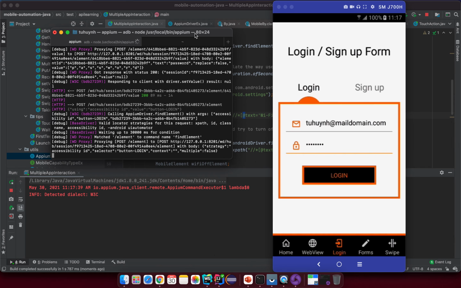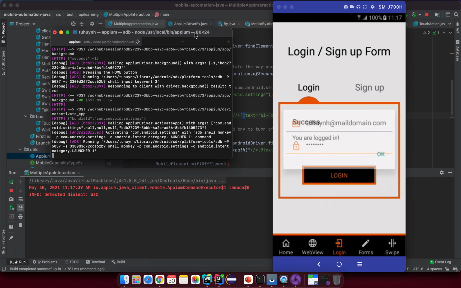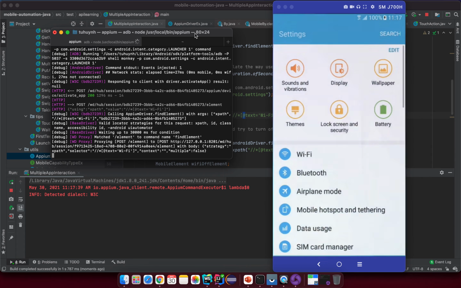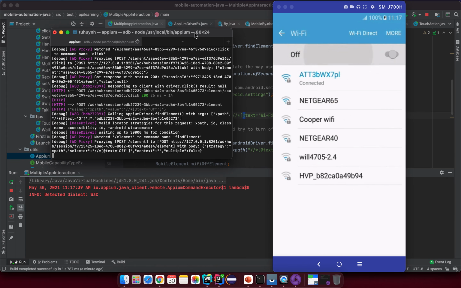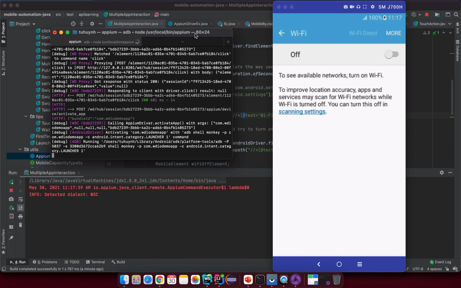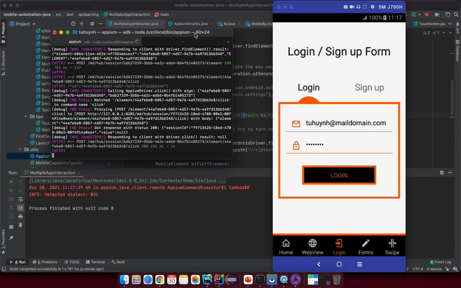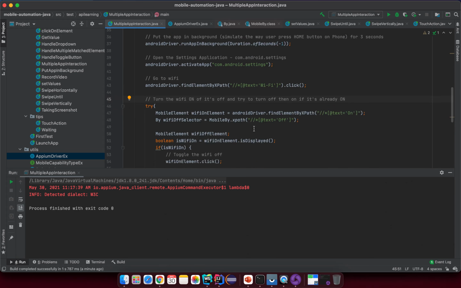Input username password, click on login, put the app in background, launch the settings app, click on the Wi-Fi, and if it is on, click off, and then if you click on again, it will relaunch. You see, it will relaunch here and click on the OK button successfully. But it seems in the middle,